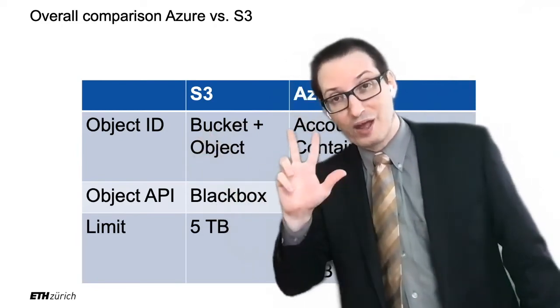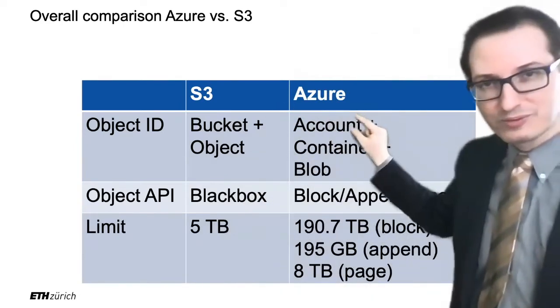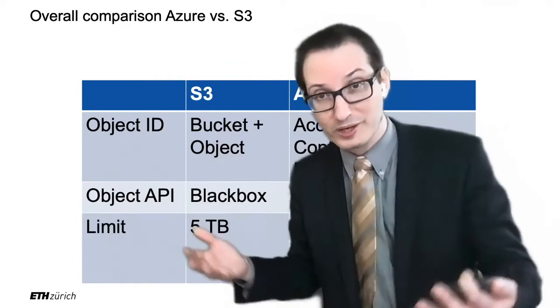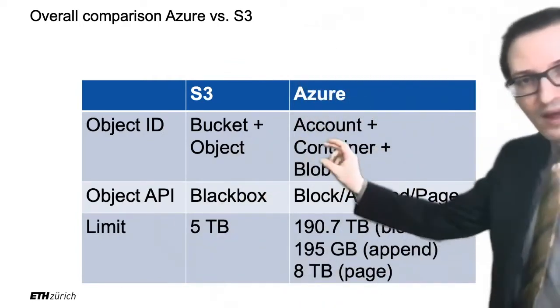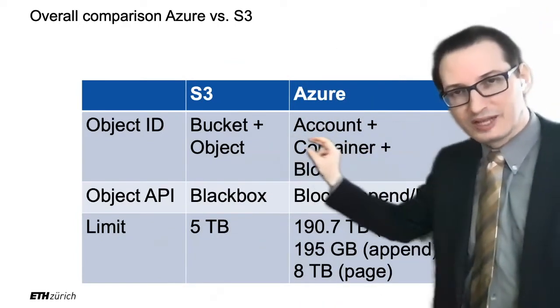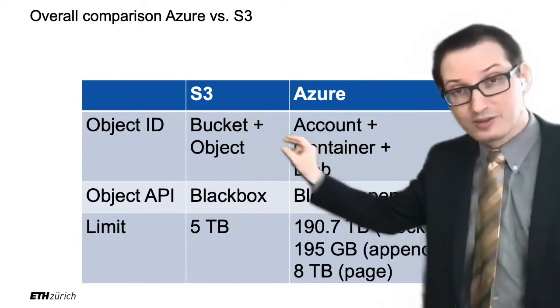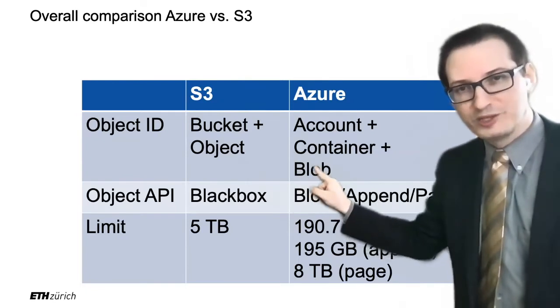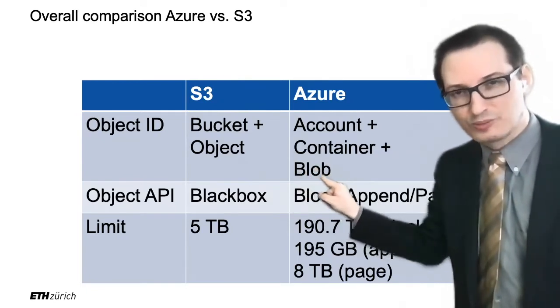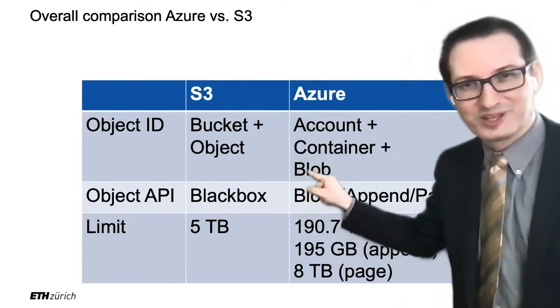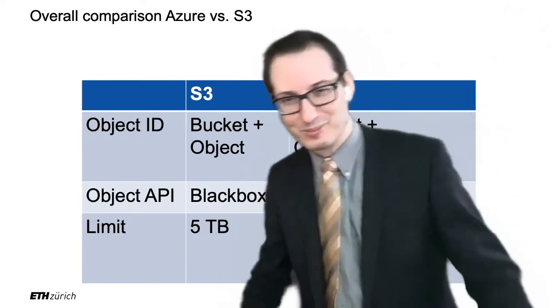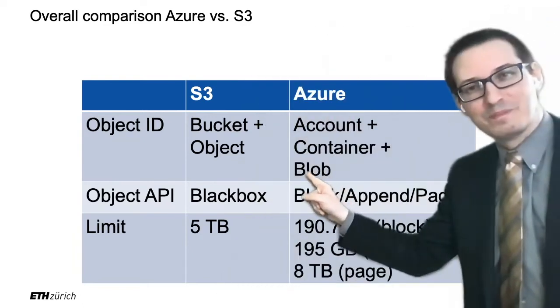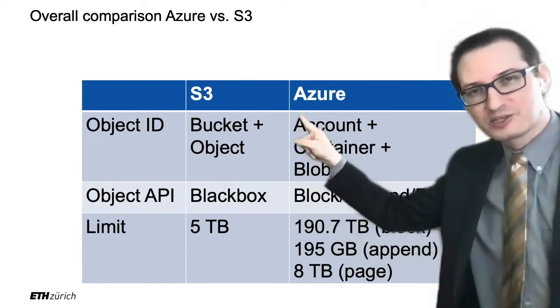In Azure, instead, we have three things. You have first your accounts. I don't know if that's your email address or some name that you invented for your account, right? So you have your accounts. Then you have the container, that would be the equivalent of the bucket in S3. And then you have the blob, that is the equivalent of the object. Actually, the B is not for object here. It means binary large object, blob. Right? It's just a fancy word that people love to use, blob. All right. So what you see, the only thing extra is the account.